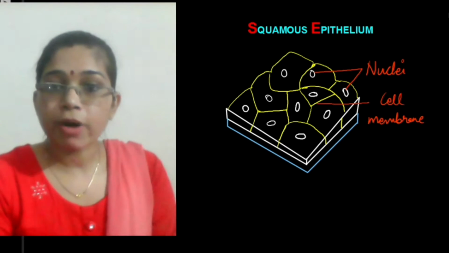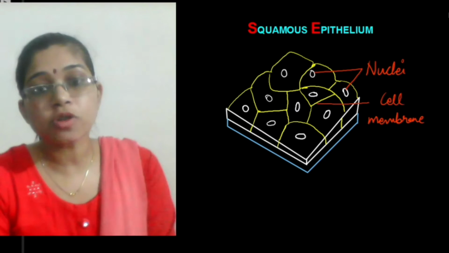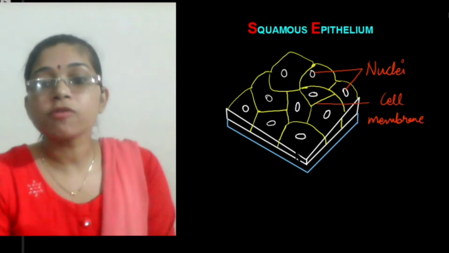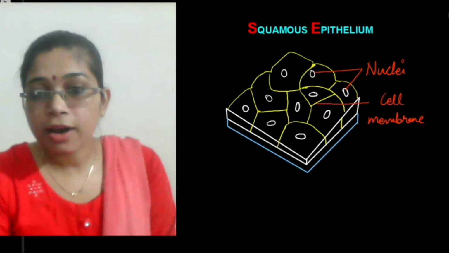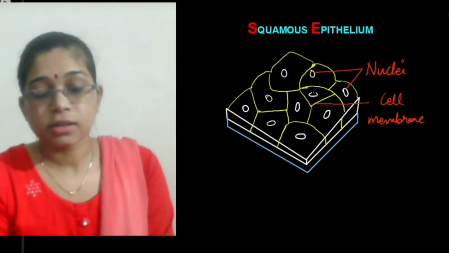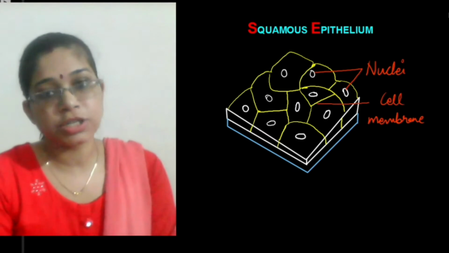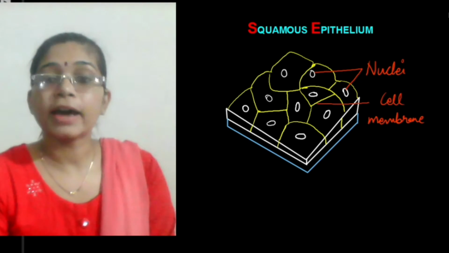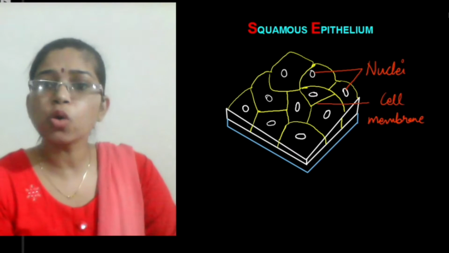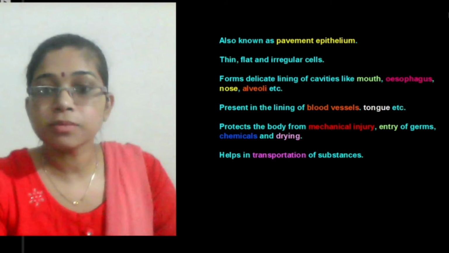The first one is squamous. Now, as you are able to see here, the substratum on which the tissue is present is known as the basement membrane. These all are the number of cells present in a tissue. They have nuclei, cell membrane and all other cell organelles. All the cells in this tissue are flat and also irregular in shape. Because they are flat and there is no intercellular space between them, there is not much cementing between each cell.